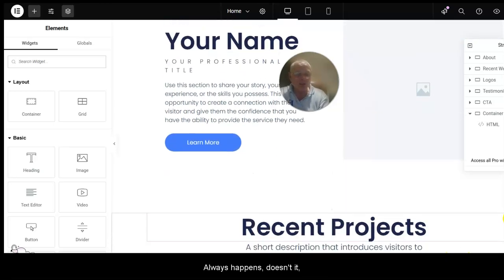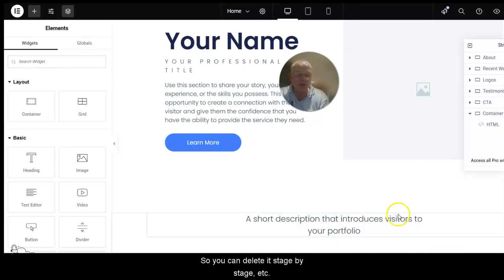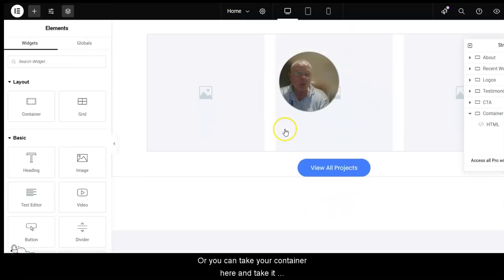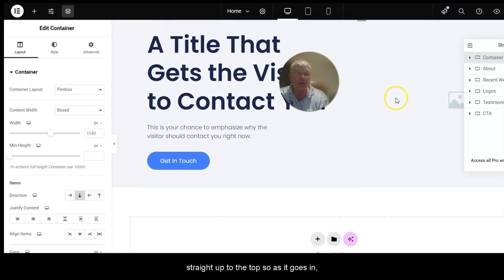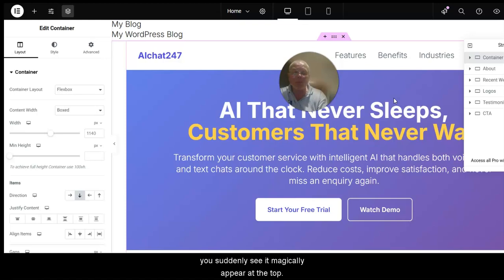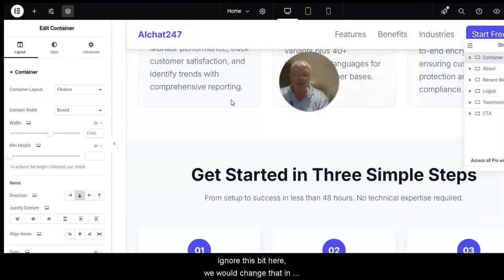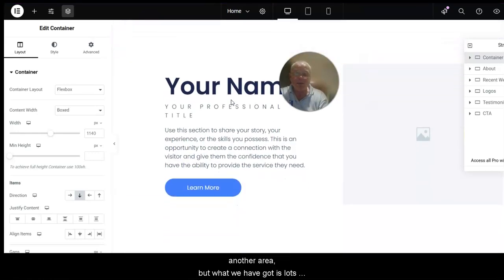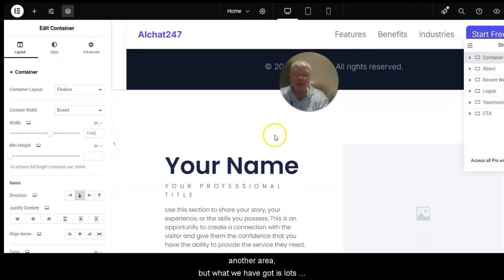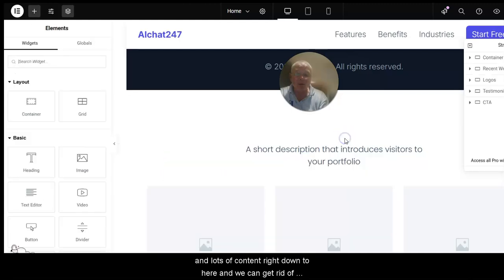Always happens, doesn't it? When you don't need the stuff, it's there. So you can delete it stage by stage, etc. Or you can take your container here and take it straight up to the top. So as it goes in, you suddenly see it magically appear at the top. We can publish. Now ignore this bit here, we would change that in another area. But what we have got is lots and lots of content right down to here, and we can get rid of the delete there,